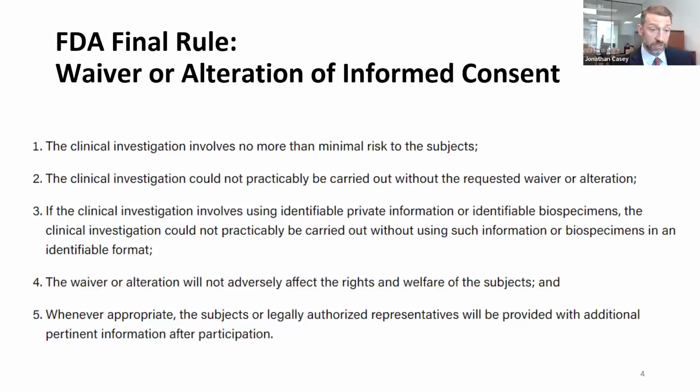The third is that if the clinical investigation involves using identifiable private information or identifiable biospecimens, the clinical investigation could not practicably be carried out without using such information or biospecimens in identifiable format. The fourth is that the waiver or alteration will not adversely affect the rights and welfare of the subjects. And the fifth is that whenever appropriate, the subjects or legally authorized representatives will be provided with additional pertinent information